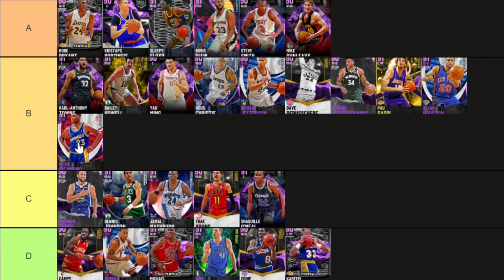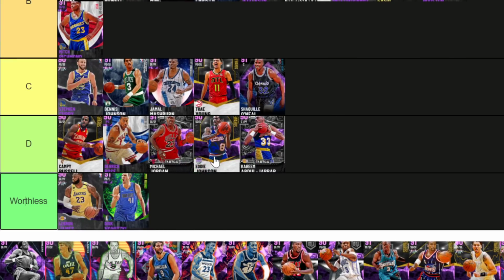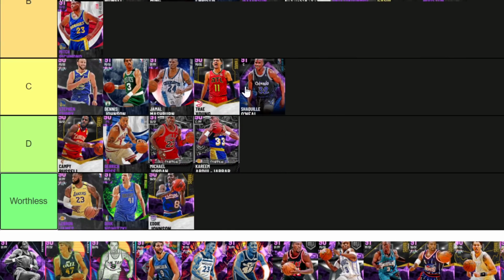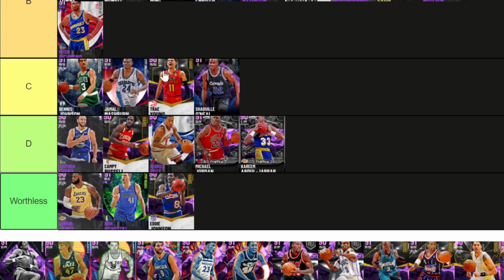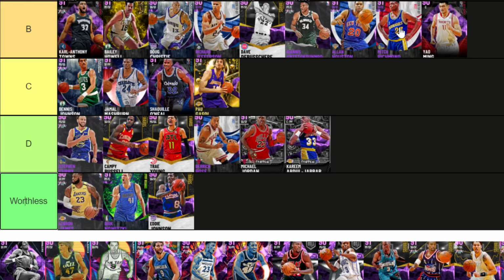I'm gonna have to start moving people down tiers. I really am. So I'm gonna go Dirk get into worthless. Eddie Johnson get into worthless. Steph get down 1. Trae get down 1. Shaq stay. Let me see who I'm gonna put down. Pow. I would put Yao, but again, the ease of use factor. Let me throw down